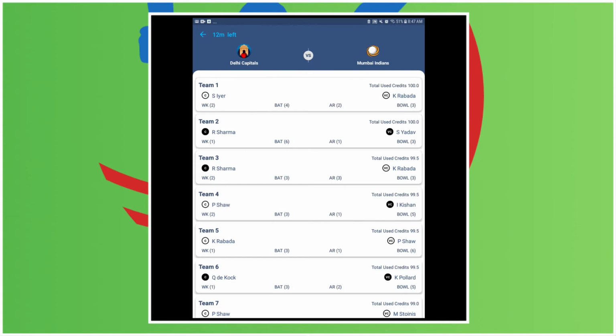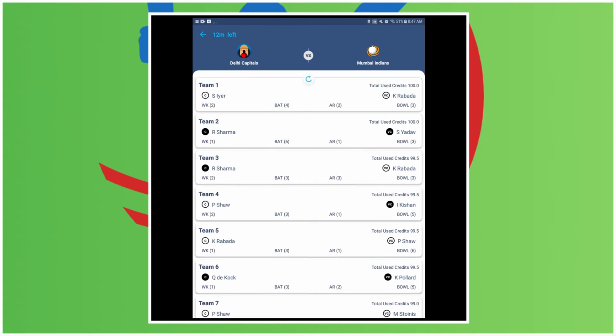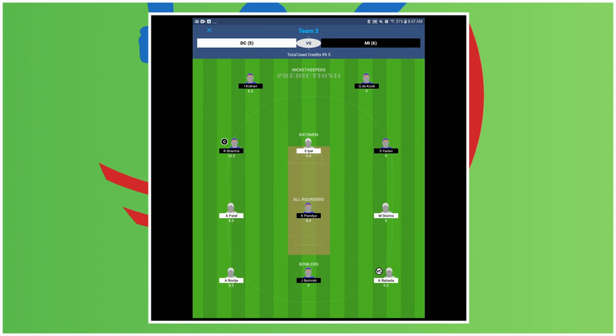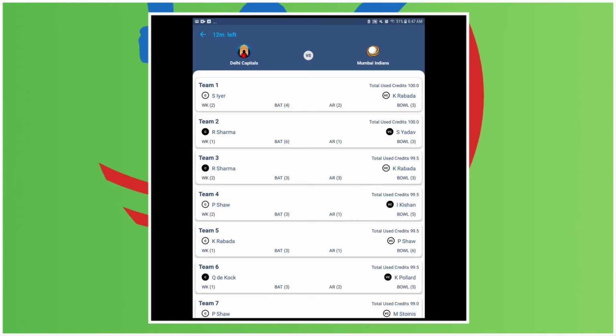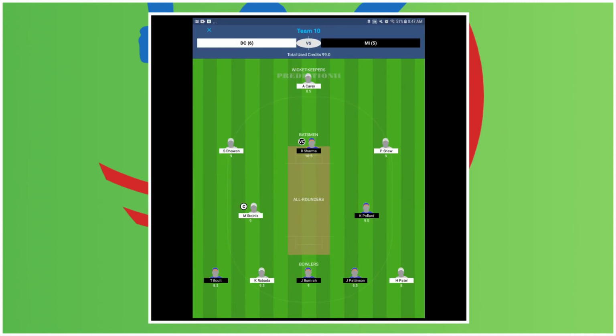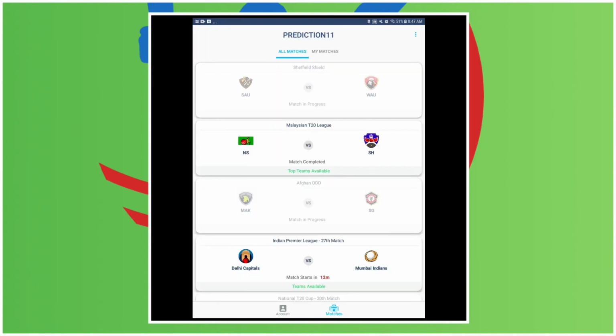From the available matches, you can click get teams to get n number of teams. Maximum you can get 25 teams. For the first 11 teams, you are going to be charged 1 rupee. For each team above 11 teams, you are going to be charged 1 rupee per team. Once you click get teams, your teams will be retrieved and made available in your matches tab. You can go there and view the teams which you got.